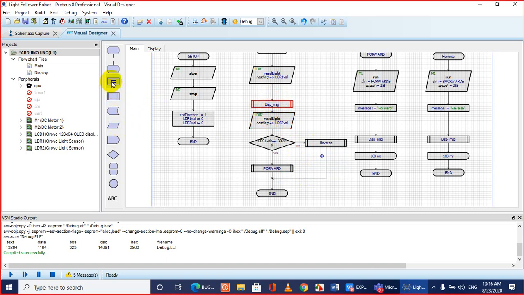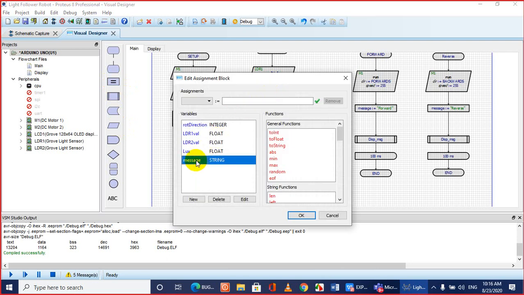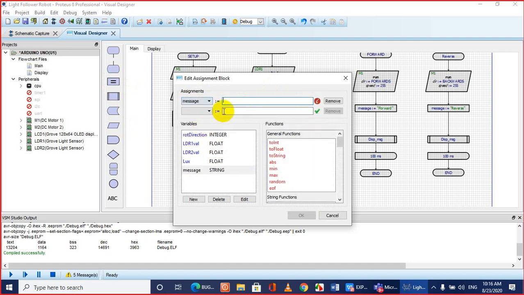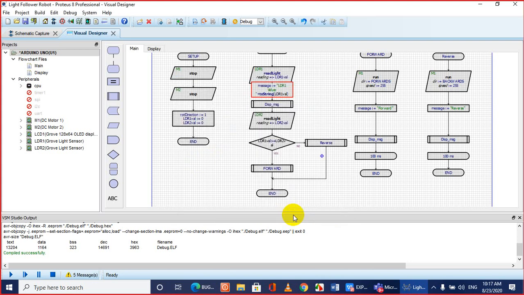And we create the message from here. We need to convert the value to string, and LDR1 value. Similarly we can display the LDR2 value.